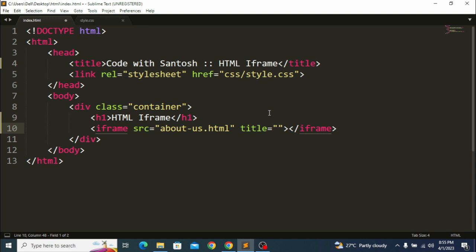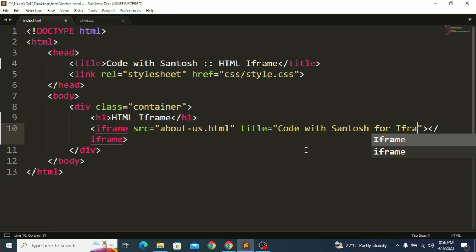So if your iframe src has any inconsistency and is not working properly, then this title will help the screen reader to read the content about this iframe. So you can write anything. Let me write this one, this text, for iframe demo. Okay, so this is the content, and one more thing you can add